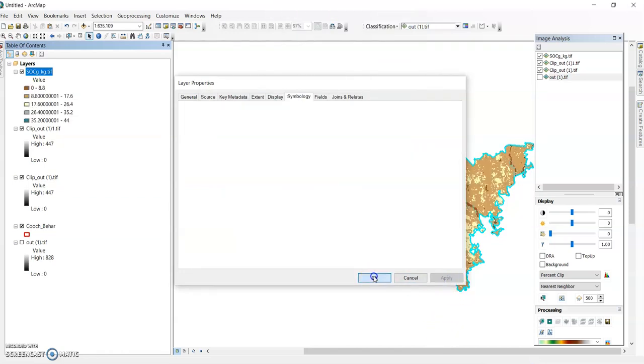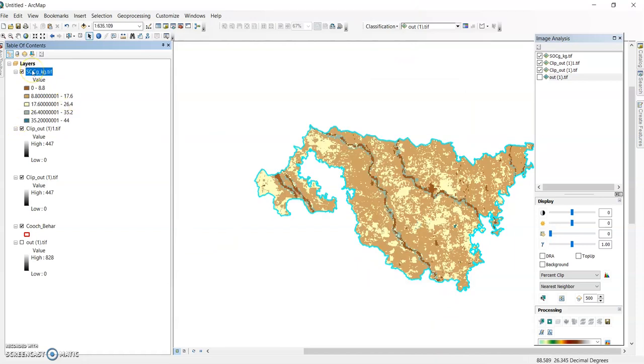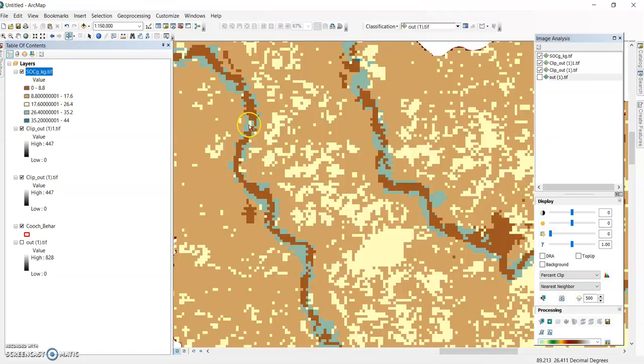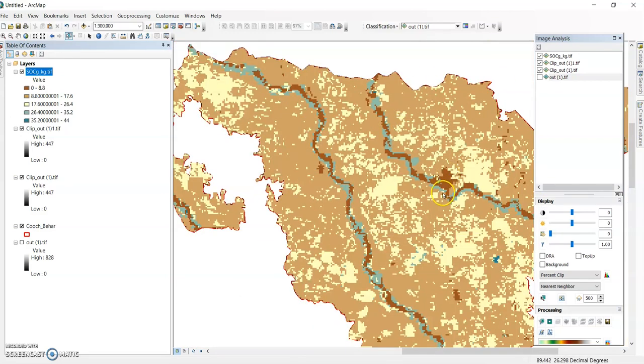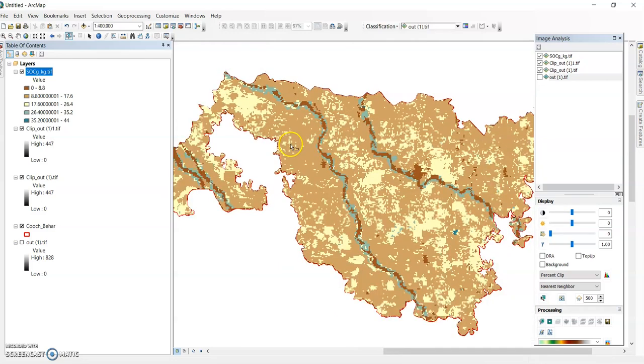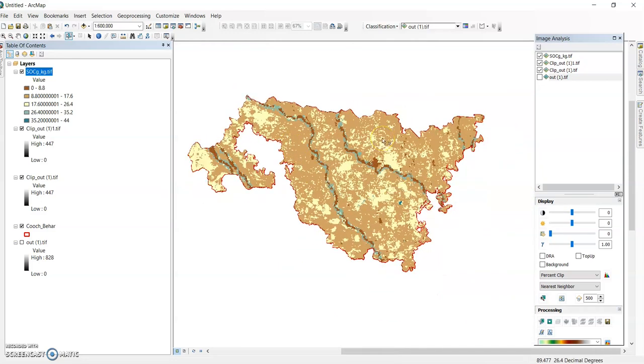Okay, this one. So here in my case, this color shows very low organic carbon in case of river, and in case of built-up area. Here this is a town, Kochbihar town, so it is a built-up area. So here the organic carbon is very low. In case of river, also very low. So in this way, you can prepare a soil organic carbon map.